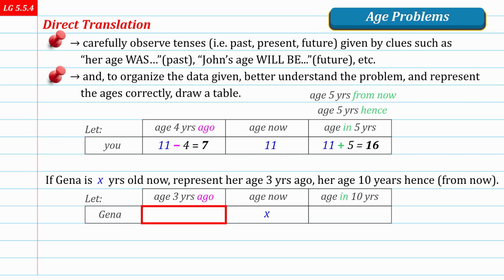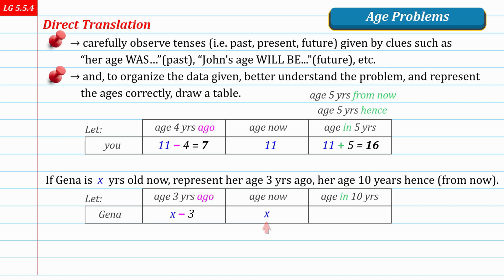Remember from our previous example, what we only need is the present age and then we subtract the number of years we're going back in. Example here, we're looking for her age 3 years ago. If her age now is X, then her age 3 years ago can be represented as, yes, you're correct, simply age now minus 3. So it's X minus 3.